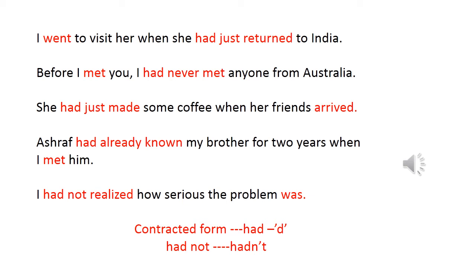Now, if you look at all these examples, you will definitely see that there are two actions which had been completed in the past. And the first completed action in the past takes the past perfect tense along with the suitable adverb to make us understand whether it is before a specified point of time or not at a particular specified point of time, and so on. And also we can use the contracted form had as 'd. So had not will become hadn't, and had will become only 'd.